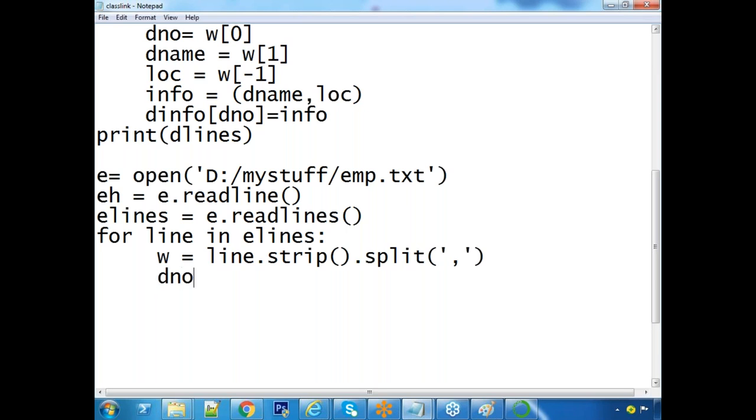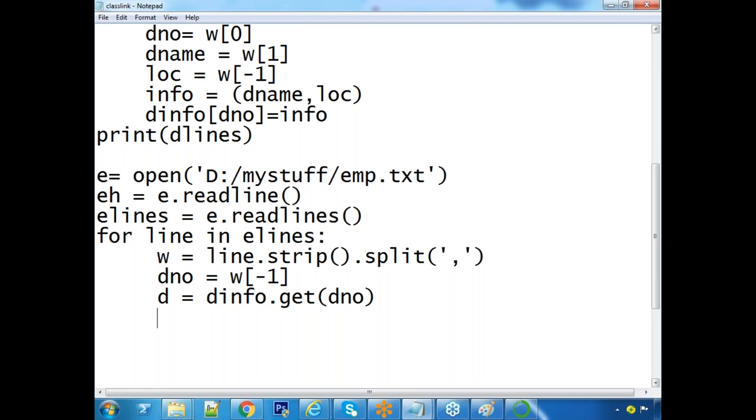What we need to separate, which is the last one. Department number separated from the first line in the first iteration. The department number passes into your dictionary. D equals your dictionary name, D info of department number. Understand the point, sir? Better use dot get of department number. Even though that particular department number is not available in that file, your program execution will not be stopped. It returns none. Understand the points?